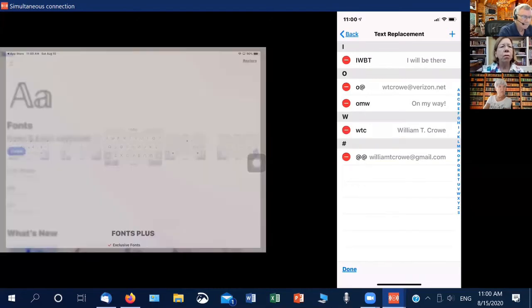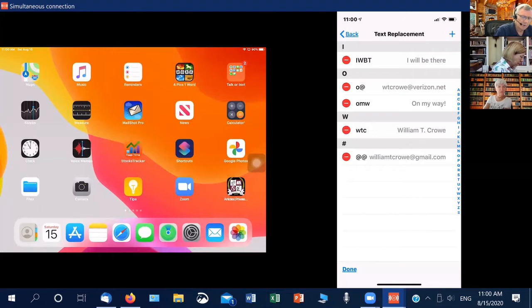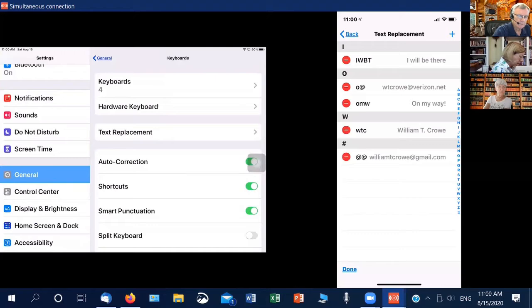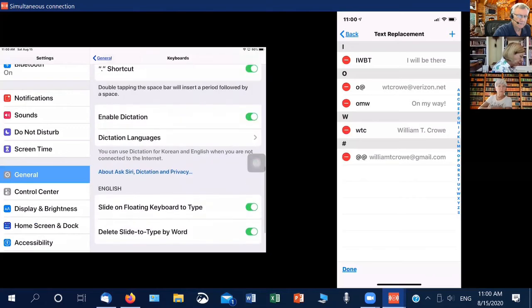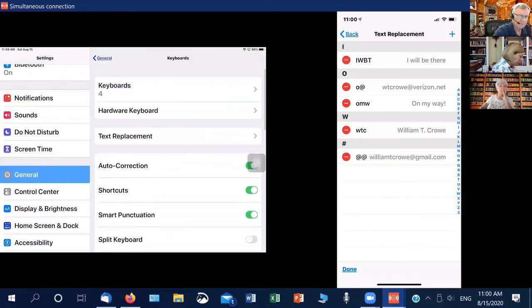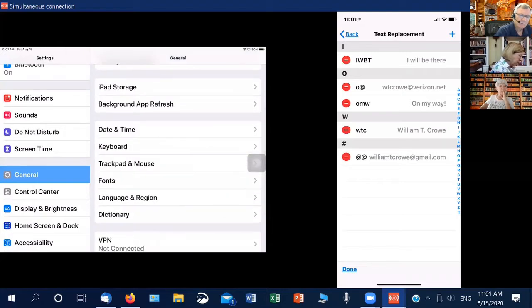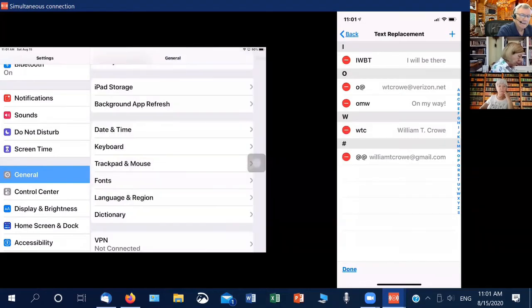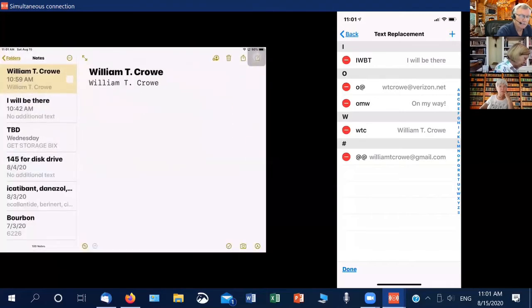Still under the keyboard section of the settings. What I did was I downloaded the font, then I went to settings, keyboards. Where did I go? Settings, keyboard, fonts, and I enabled them. Once I've enabled them, then I go to